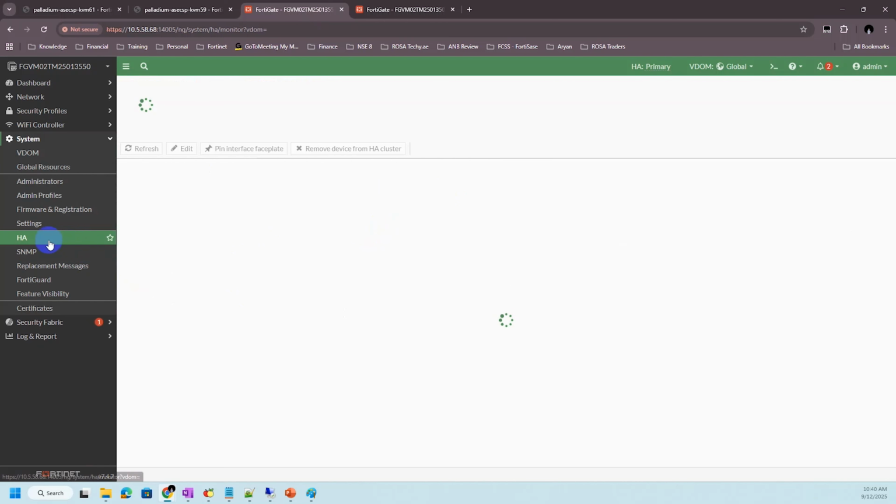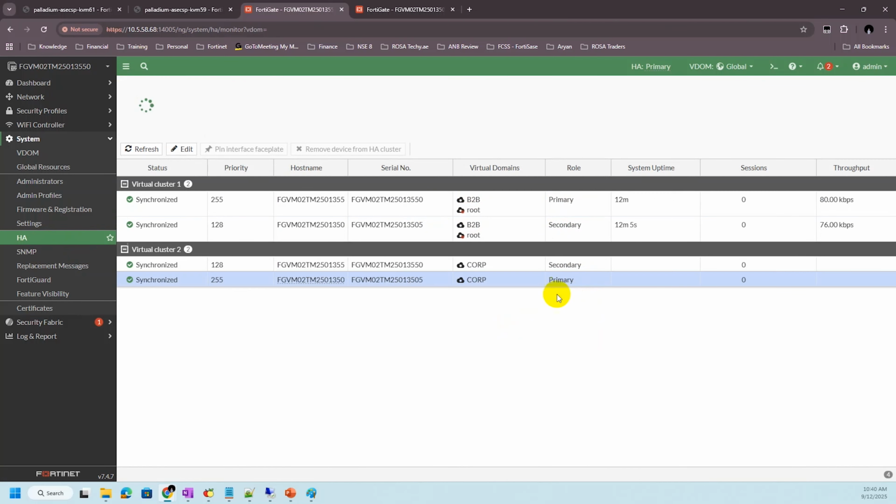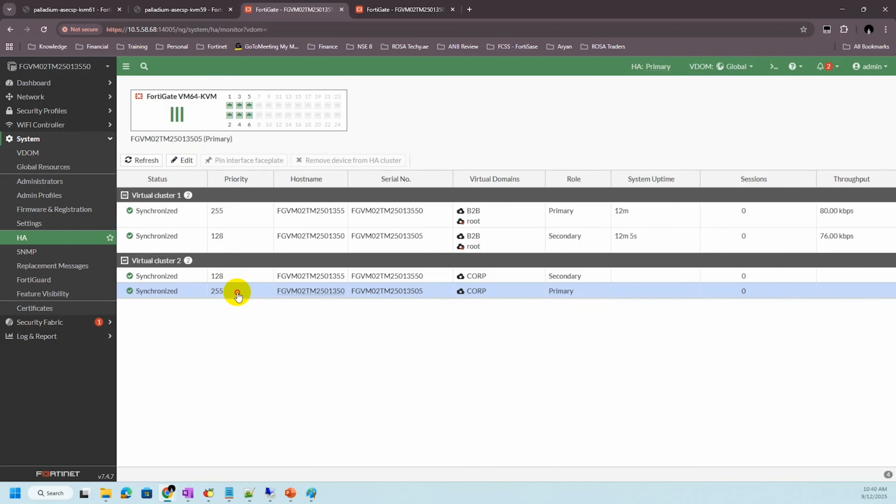Once you do that, now these should be different. Now these two VDOMs are primary on 550 and this VDOM is primary on 505. So within the virtual clustering, you can change the priority to switch over the VDOMs between the devices. This is how we configure it from the GUI.